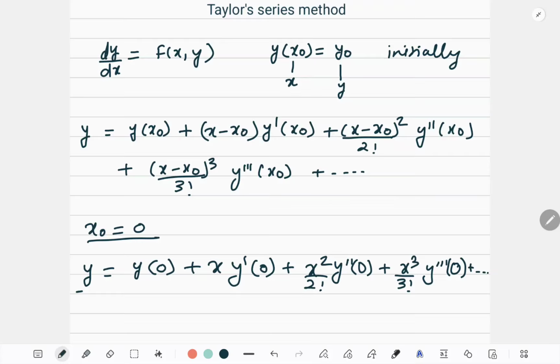So what exactly is required in the question? I need the derivatives at each point. In the question they will always give you y0, which is the first value. Then the question itself will be in the format of dy by dx, so the first derivative will also be given. So you have to start from the second derivative onwards.